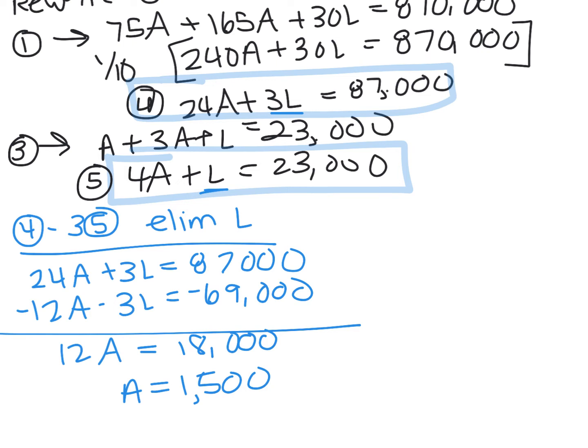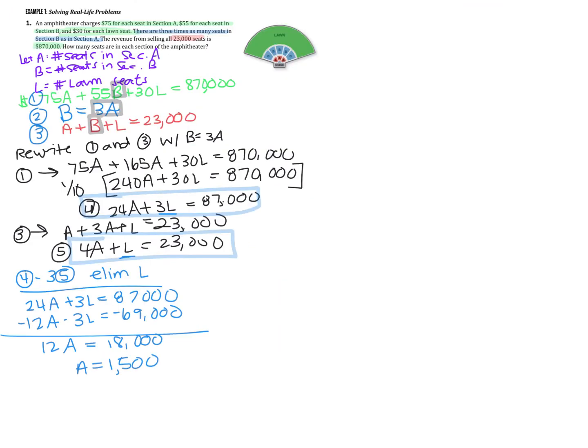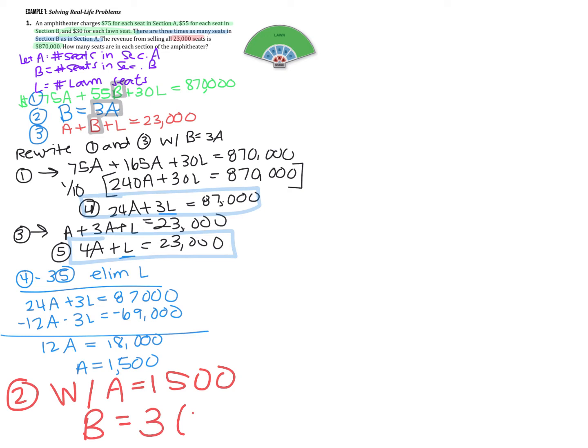Now, because the question asked me how many seats there are in each section, I need to figure out how many seats there are in section B, and how many seats there are in section L. So I'm going to zoom out so we can see the whole problem. And I'm going to look at any of these equations that I have already been using and see what's going to help me. Well, I know that equation 2 says that B is equal to 3 times A. So if I know what A is, I can figure out what B is. So B is going to equal 3 times 1,500, and that's going to be